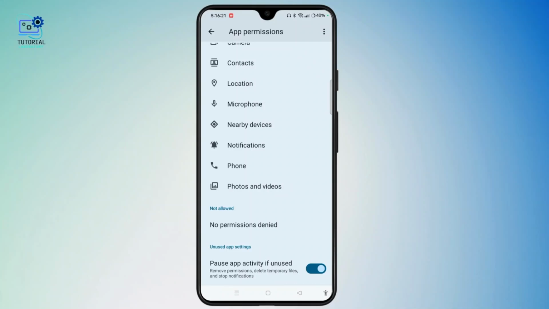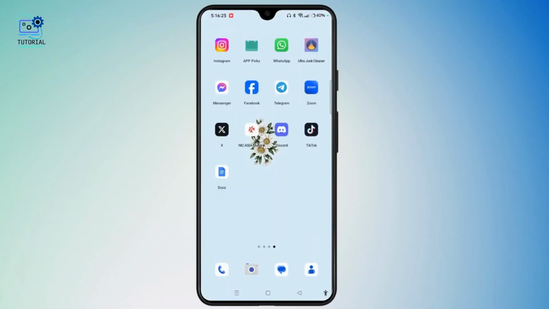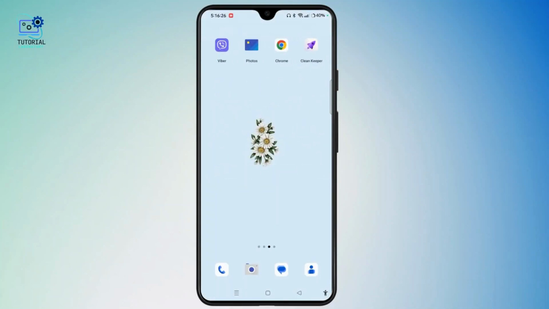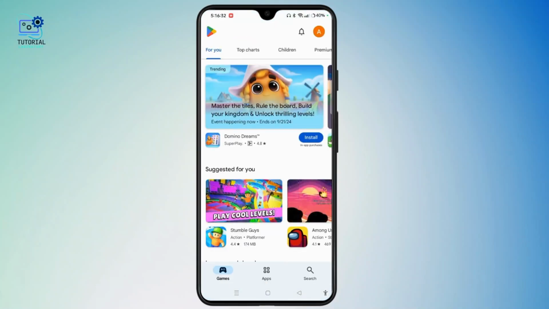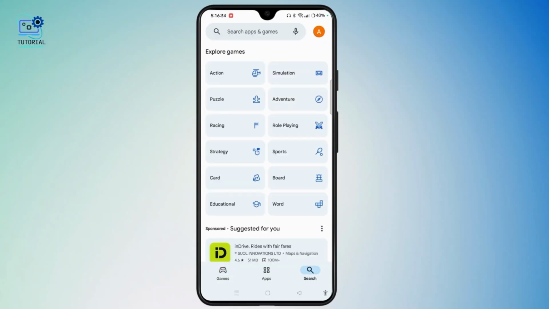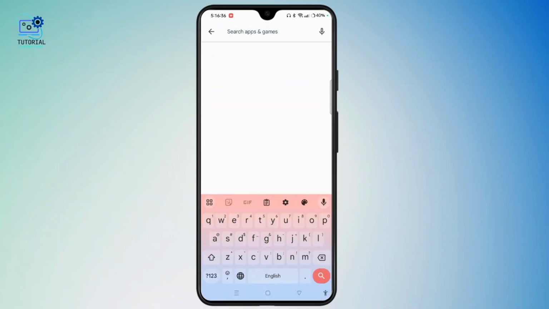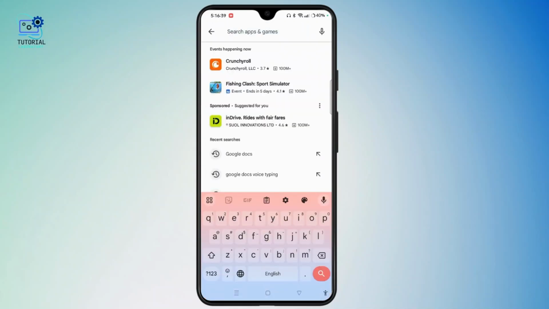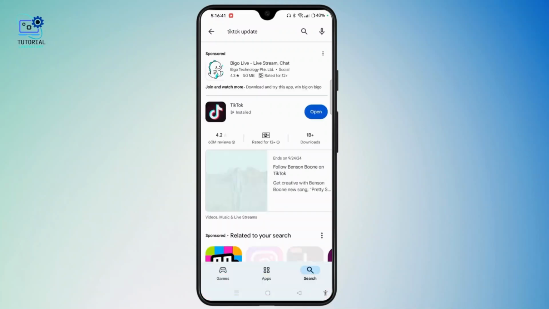Once you're done with that, come back to the home screen or home page of your mobile device or Android device. Once done, open Play Store or App Store depending upon your device. Tap the search icon at the bottom right corner. Tap search apps and games at the top of the screen. Type in Twitter or X